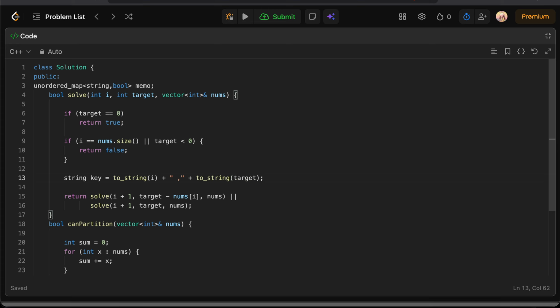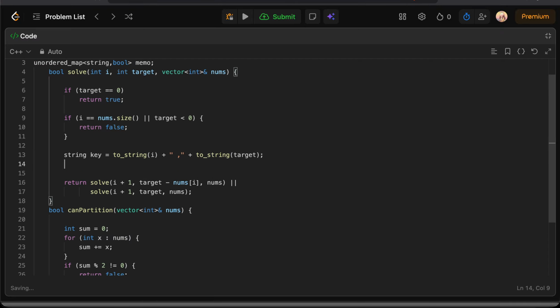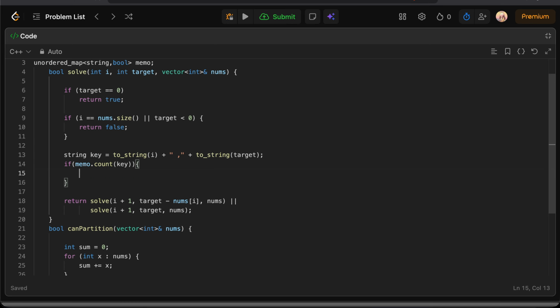Next, if memo.count(key), return memo of key.